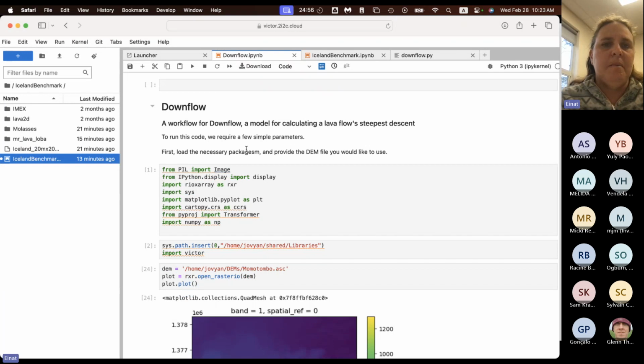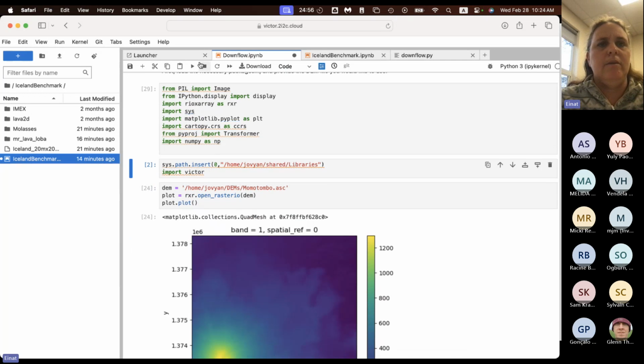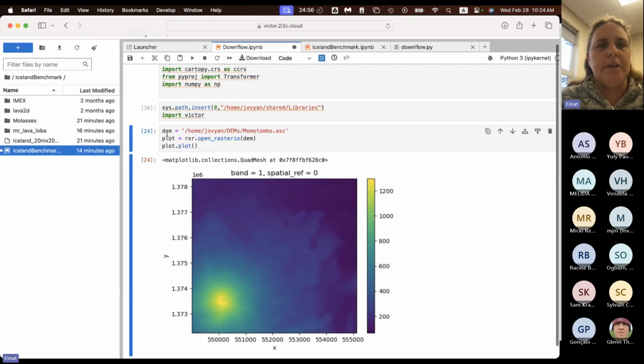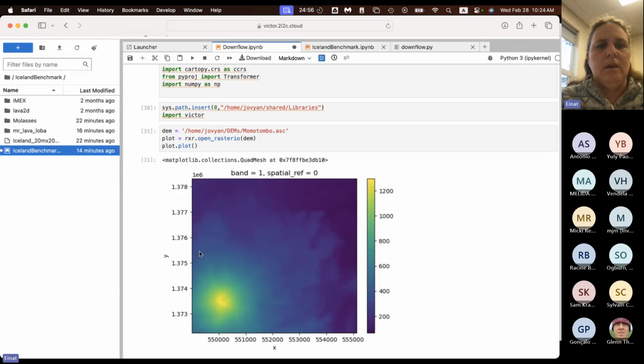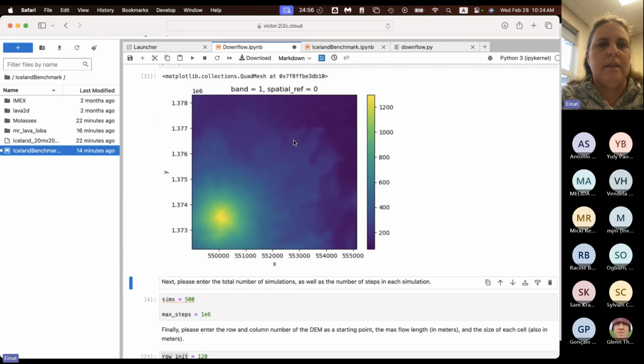So this is just a regular Jupyter notebook that we just developed, and I'll just walk through the different steps that you go through. First, we import some of the libraries that are needed, including the Victor library that we need for some of the plotting. And then we provided a DEM and plotted it to see that it is indeed the DEM that we wanted. So this is a DEM of a nice cone volcano, Momotombo in Nicaragua,